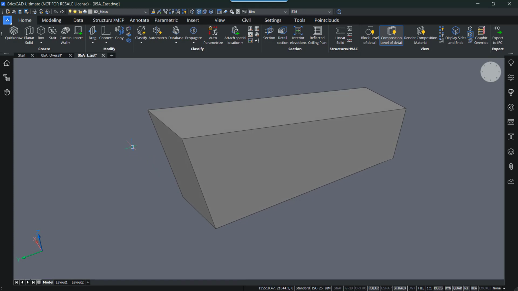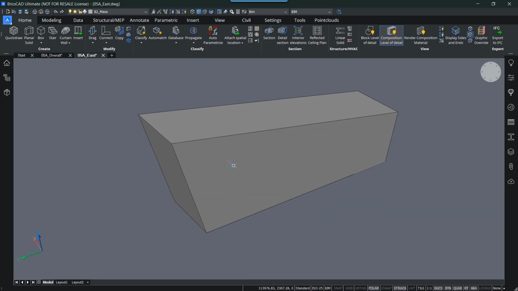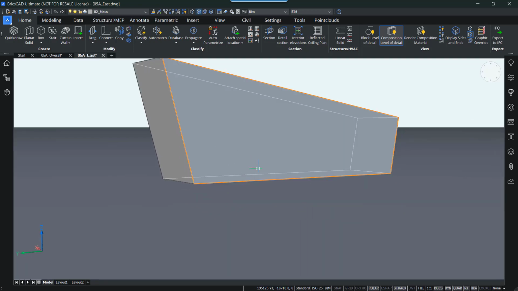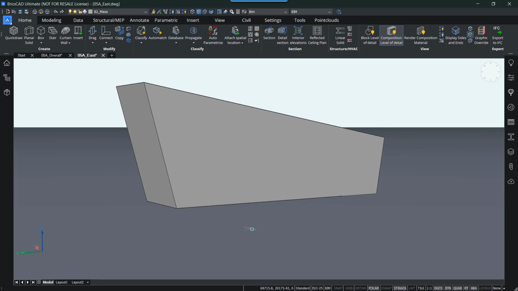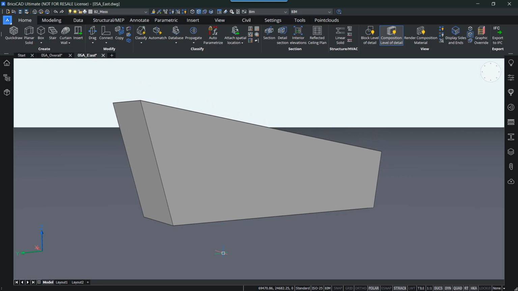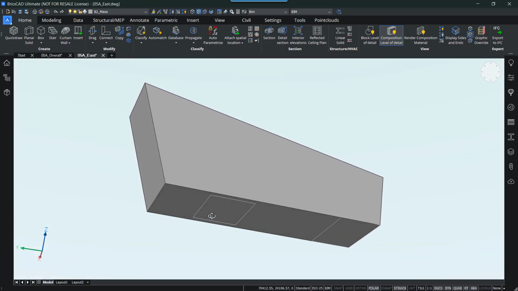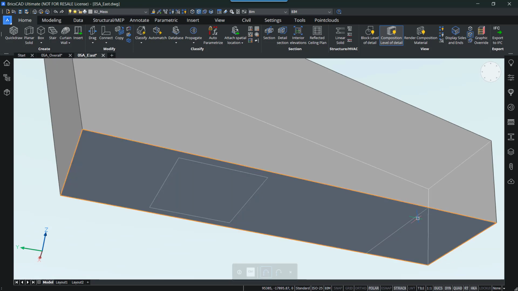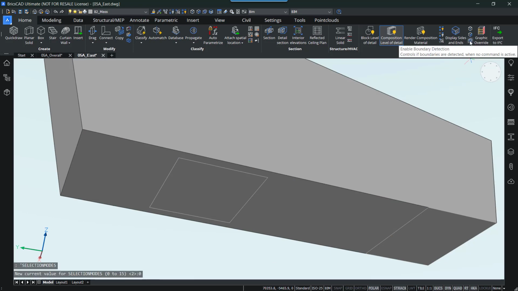Now of course this is just still one massive building, and we want to create some columns underneath to have it a bit more floating and appear a little bit more light. Here I already have 2 polylines created, here and here, setting the boundaries of that. So let me also turn on the boundary detection. So enable boundary detection right here.